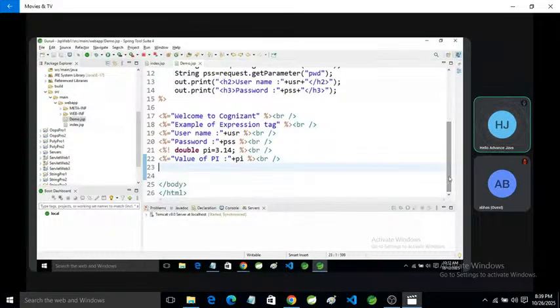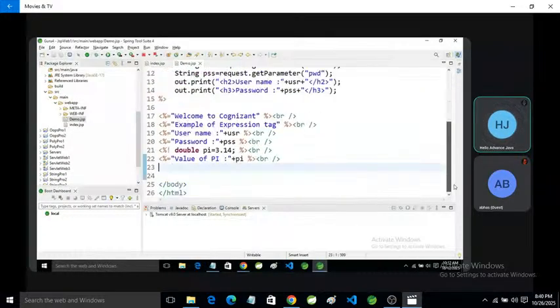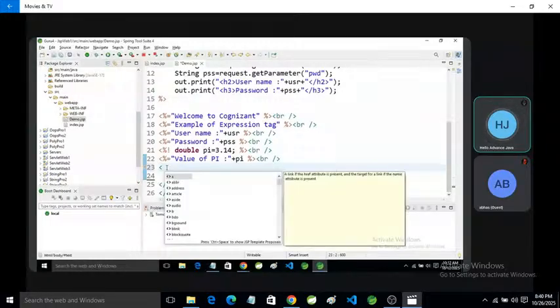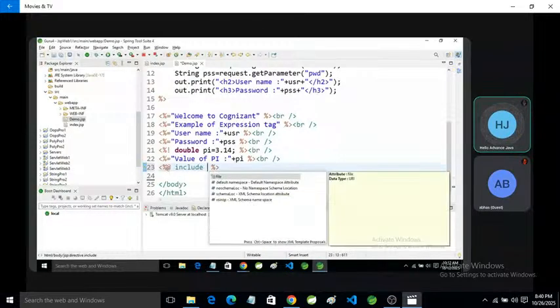After that, this is a declaration tag, expression tag, and scriptlet tag, and this is a page directive. Suppose you want to use the include directive. For this purpose, we use @include and the file name.